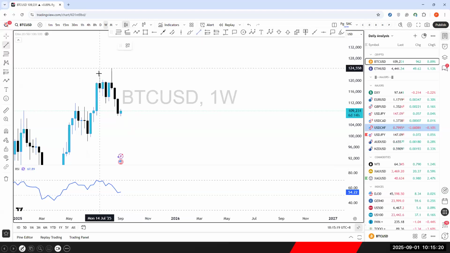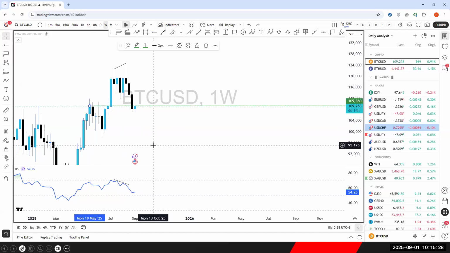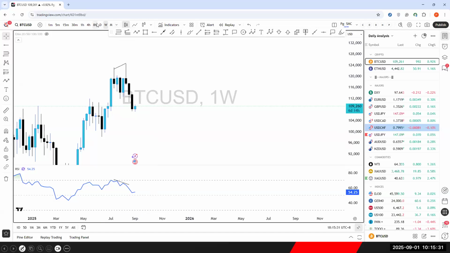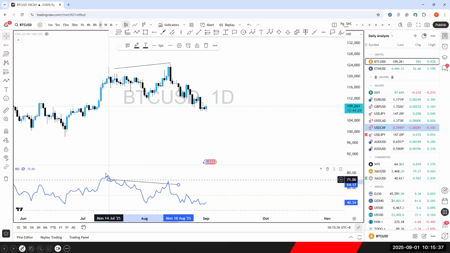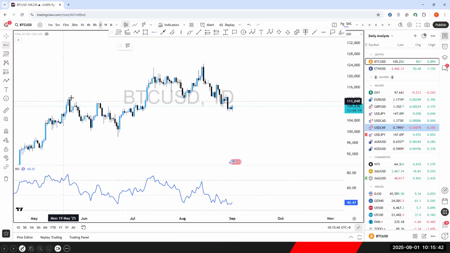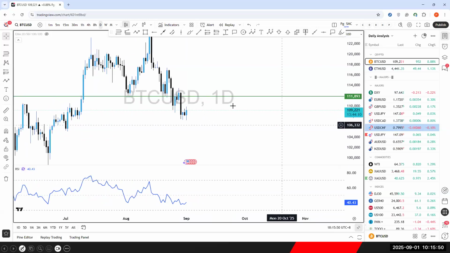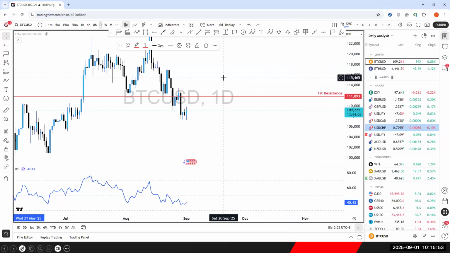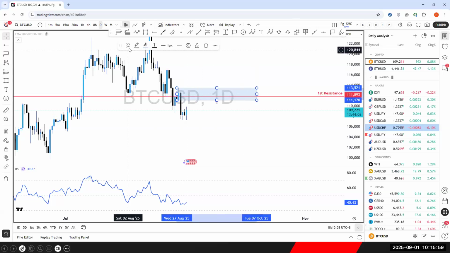Here, price action plus the divergence, sell, right? And price is already at the break below, close below the support level, for the weekly. D1, you'll see the divergence as well. There's a divergence here. And price has broken below, remember, I said that this is my key level for BTC. And price can break below, this is going to be the support level. And above that, you will see the bearish OB here.